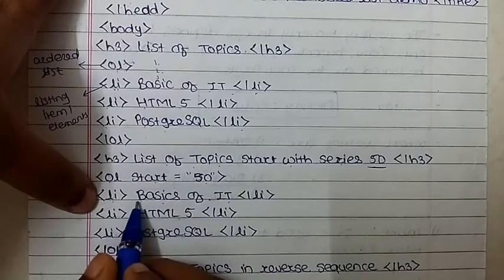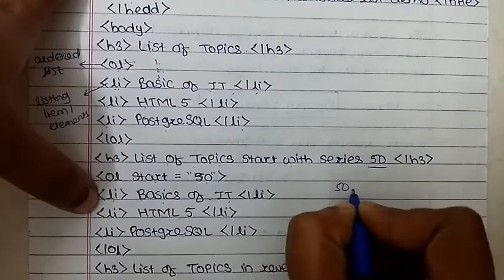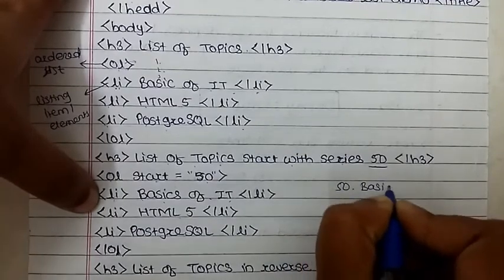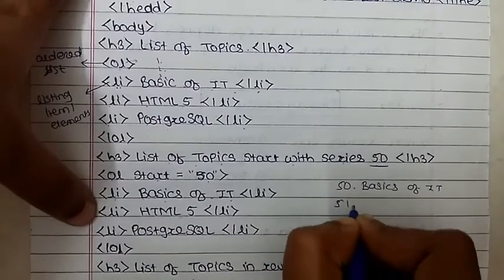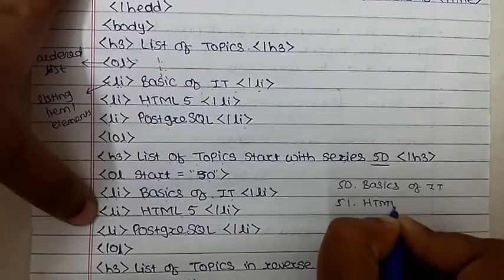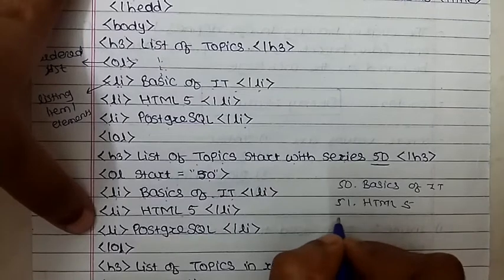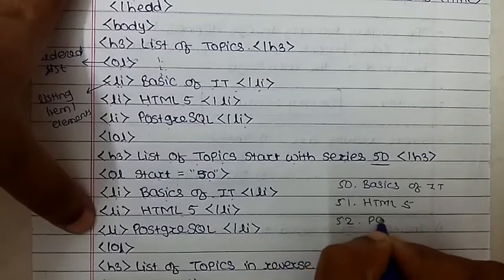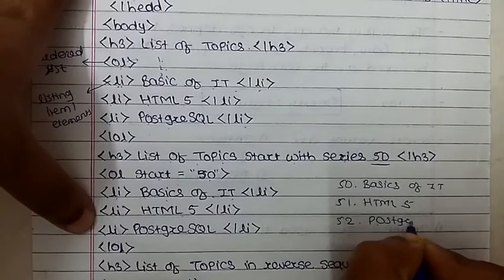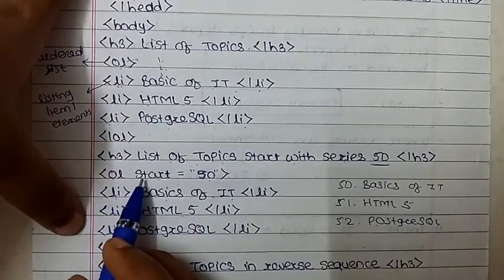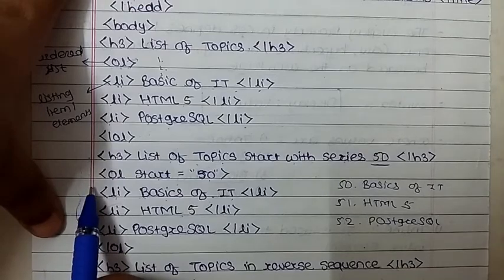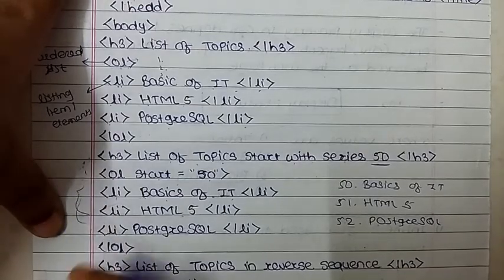When this message prints, the number is 50. Basics of IT, and next it is 51. HTML5, then 52. PostgreSQL, like this. So here we have to define the starting number in this block. Clear? Now next,